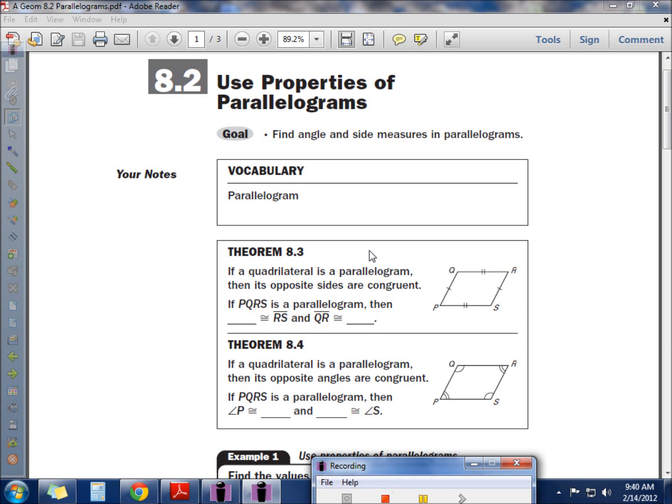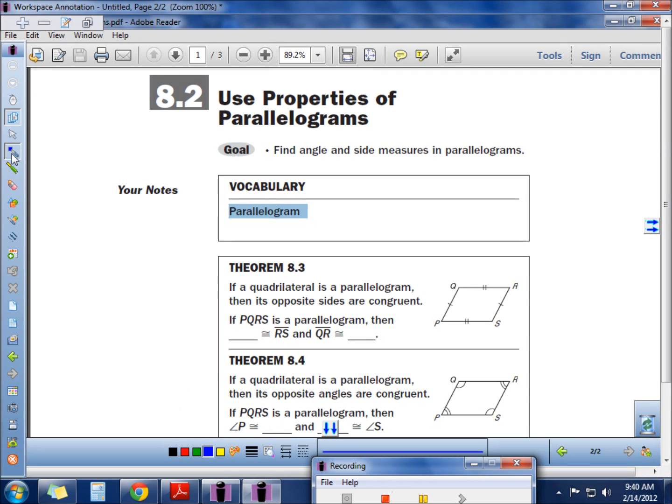Lesson is 8.2. The goal is to find the angle and side measures in parallelograms. The first term we have to go over is parallelogram. It has a specific definition from the book. What definition did they give us in the book? Okay, anybody? A quadrilateral. So we'll say a four-sided shape